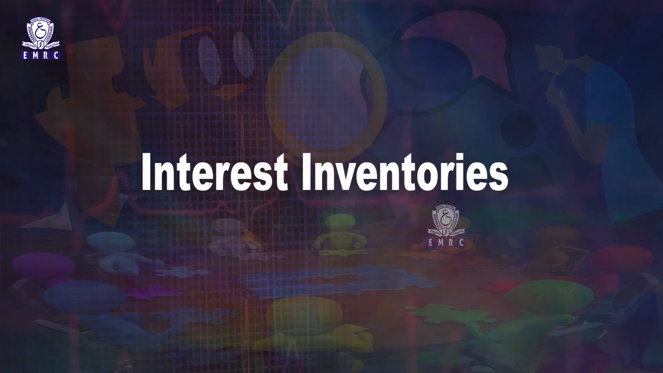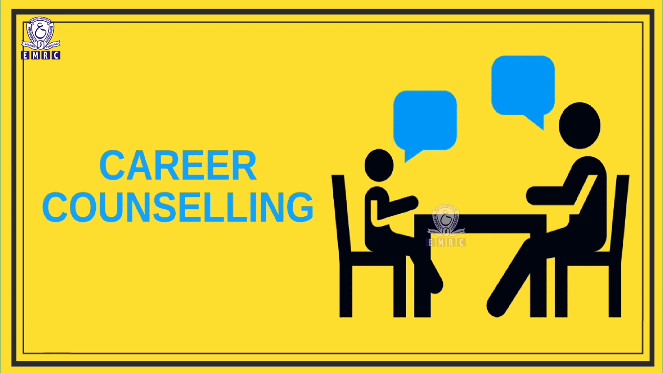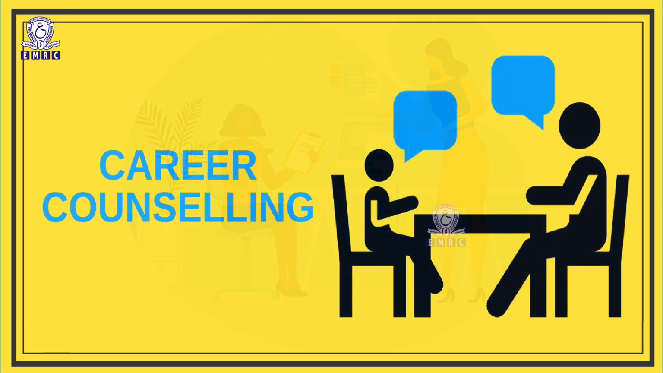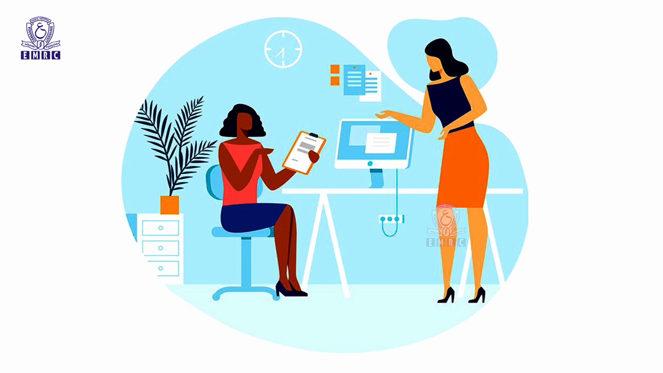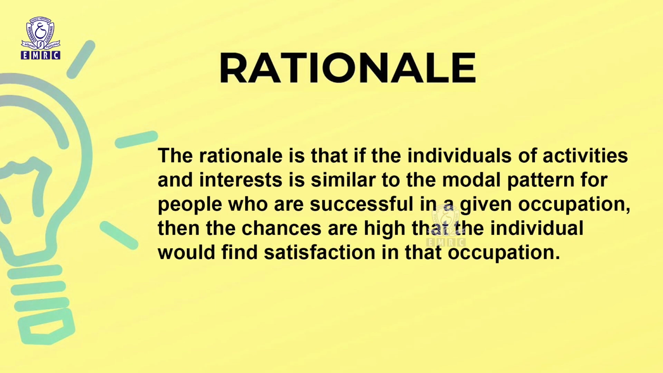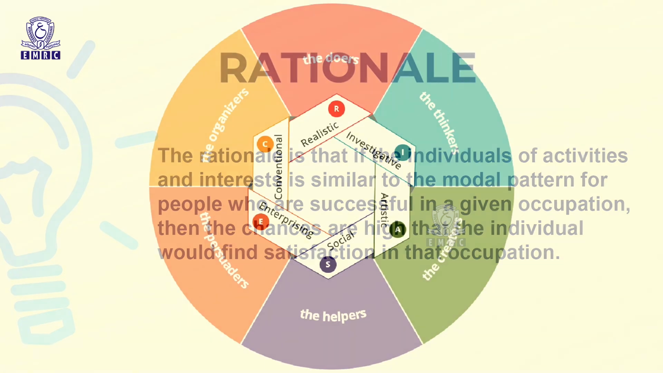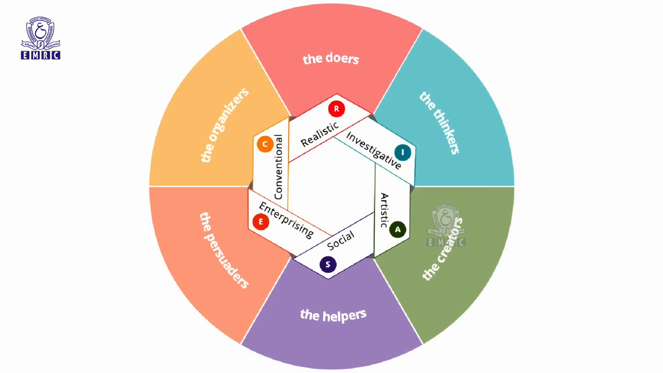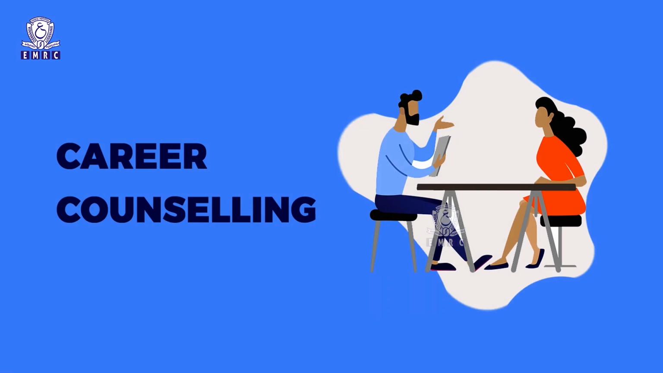Next comes interest inventories. These tests are used primarily for career counseling. Interest inventories include items that ask about the preferred activities and interests of people seeking career counseling. The rationale is that if the individual's pattern of activities and interests is similar to the model pattern for people who are successful in a given occupation, then the chances are high that the individual would find satisfaction in that occupation. A widely used interest test is the Strong Interest Inventory, which is used in career assessment, career counseling, and in